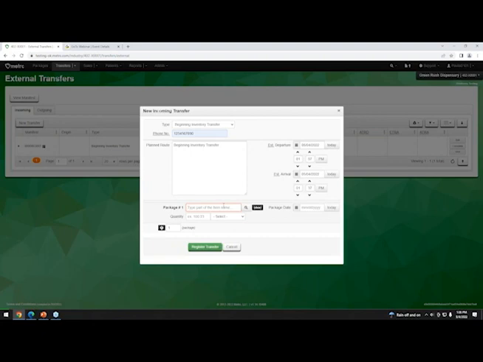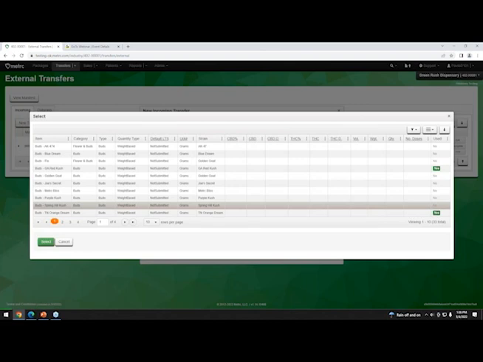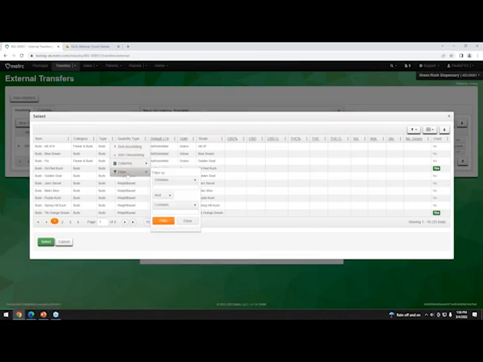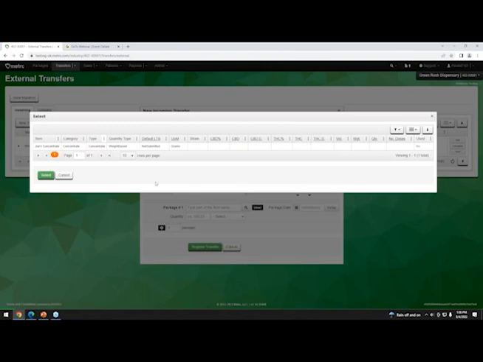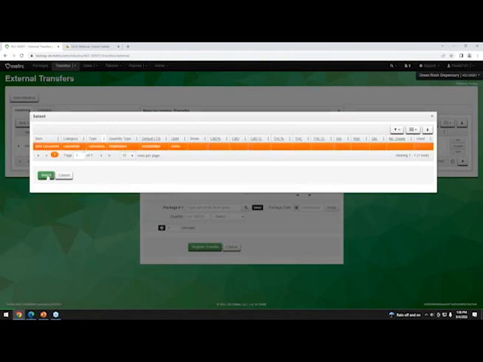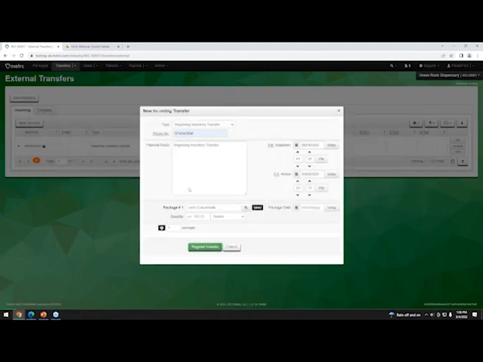So in this case, do we have any vapes in there? Or what do we have in there? Let's use the magnifying glass and see what we have. All right, a lot of buds. Let's see if we can find a concentrate. So go up to type. All right, we got Joe's concentrate. Fantastic. All right, so we're going to bring in some of that. Make it 100 grams.